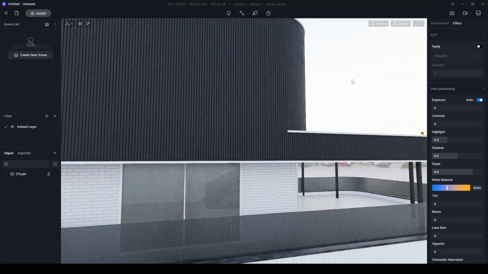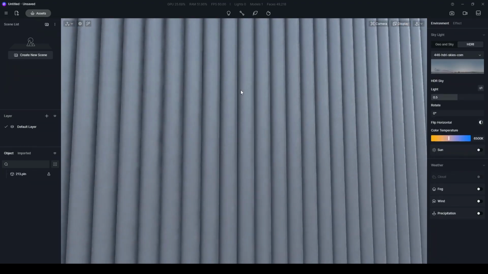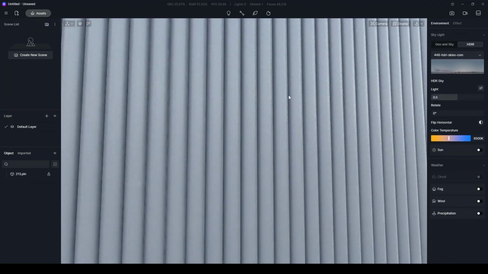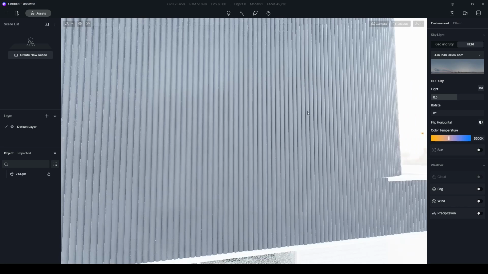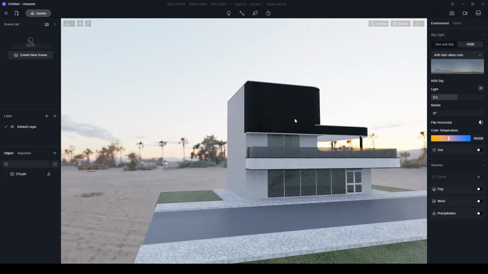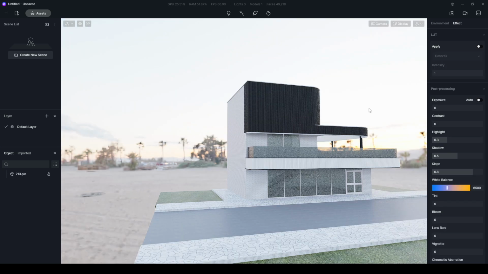Let's click this auto and I'm gonna close the black area. As you can see, it's white. It mustn't be white, it's black. Our scene is very bright. Now it's dark. So it's very hard to achieve precise lighting with auto exposure. So let's turn it off. From the effect, exposure auto is off.